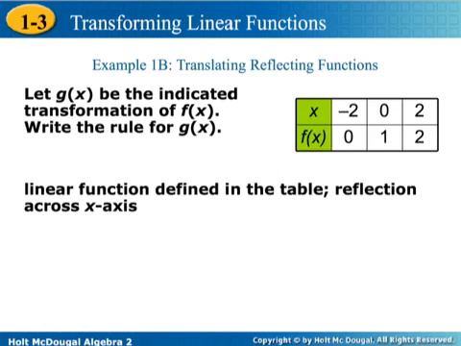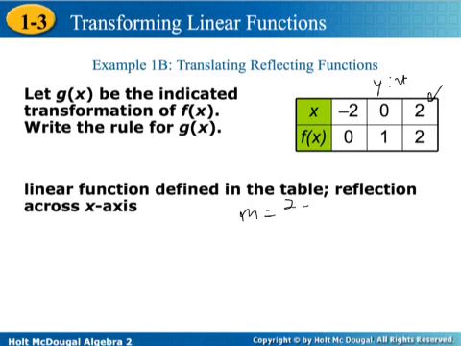Okay, we can use tables, and they say that this is our f of x, and we want to transform it using a new rule. So first thing we need to do is figure out what function this actually is. So I notice that I have 0, 1 as a point. Okay, well if I have 0, 1 as a point, then I know that that's also my y-intercept. And then I have an x and a y, and I can create slope. So we have m equals